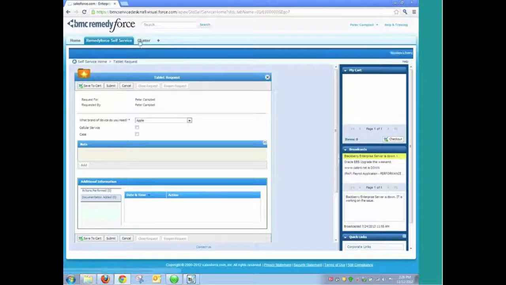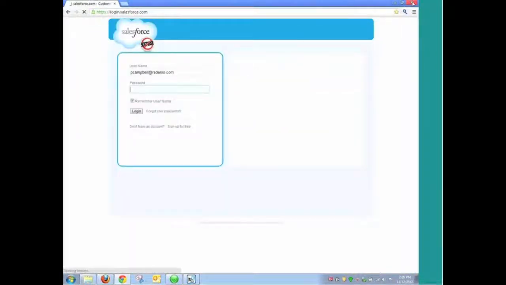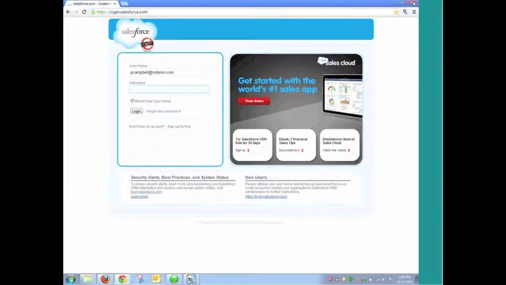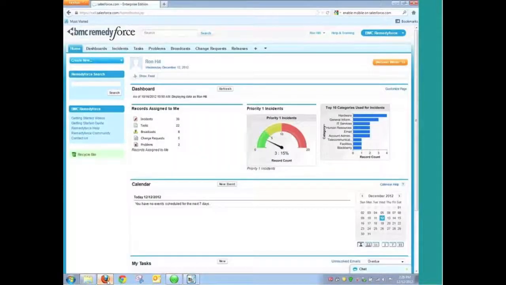So at this point, I'm now going to go ahead and log off as Peter Campbell here, and we'll close the Chrome browser. And now let's look at the application from the standpoint of a staff member and talk about some of the new enhancements here as well. So immediately when I log in, I have access to dashboards. Again, this is all functionality that we have seen for a few versions now,